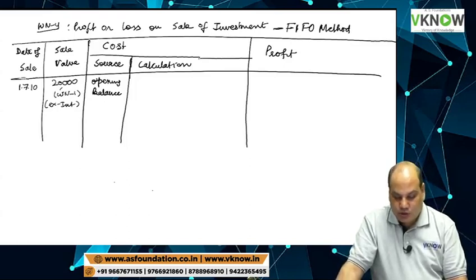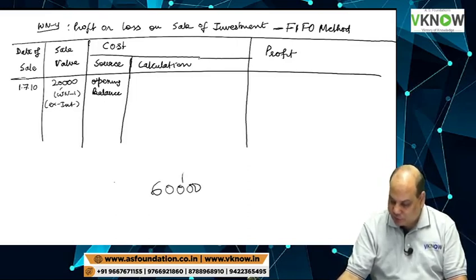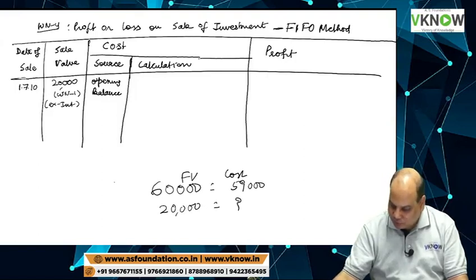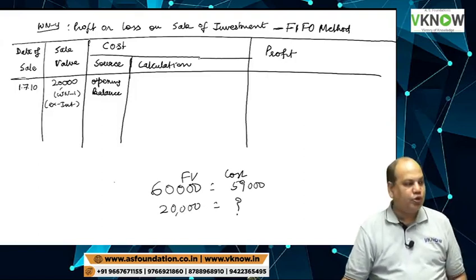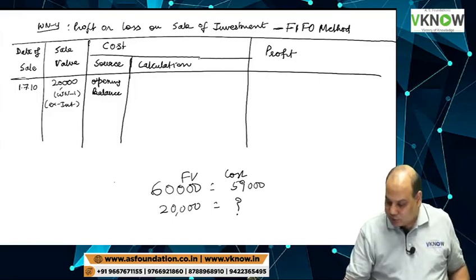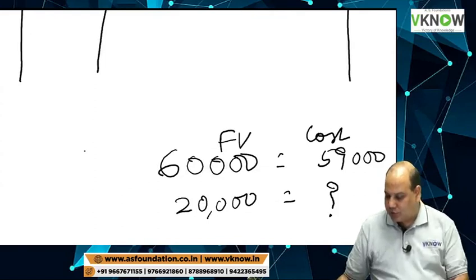Now look at your question book. Opening balance given is 60,000 rupees face value and the cost is 59,000. We are selling investment of face value 20,000. What will be its proportionate cost? So the answer is 20,000